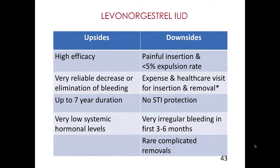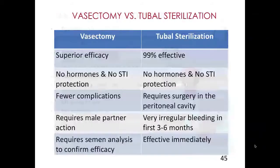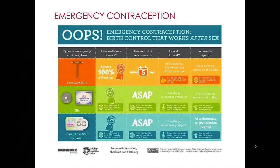And then just very briefly, emergency contraception. The copper IUD is clearly the most effective method. Almost nobody who has had unprotected sex in the last 5 days who gets a copper IUD put in has a pregnancy. Less than 1 in 1,000. Ella is worth your while prescribing as ulipristal acetate because it is more effective than what's available without a prescription, which is Plan B, which is progestin only,